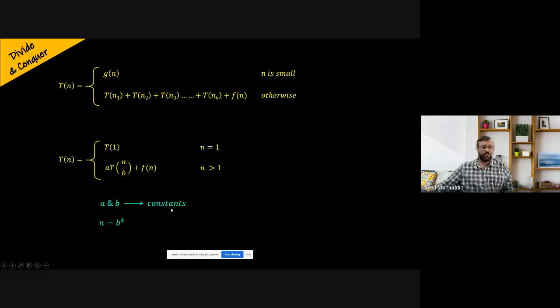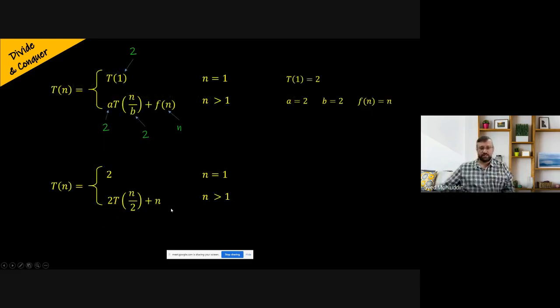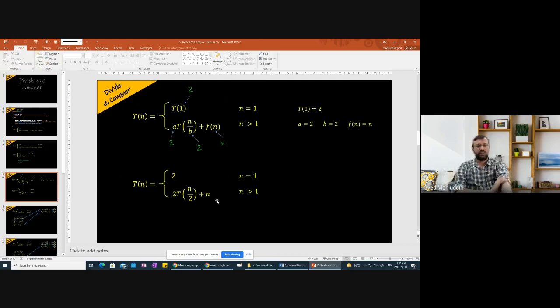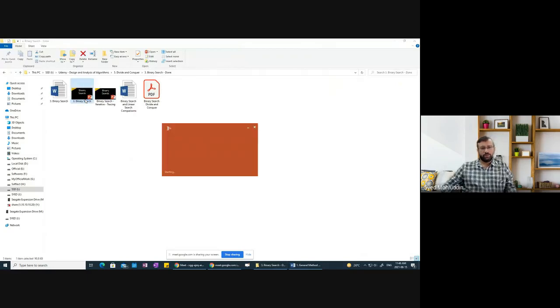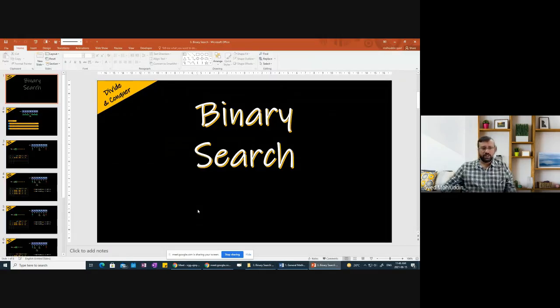So this is the general form of the recurrence relation, and we have to solve it. Obviously, we will look at each recurrence relation when we look at the problem itself. So this was the general form of recurrence relations for the divide and conquer approach. Now we are going to take up the recurrence relation for each problem that uses the divide and conquer strategy, and then we will solve it and find out the time complexity of those